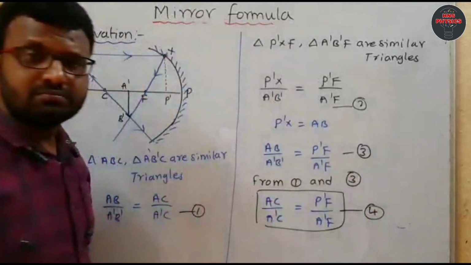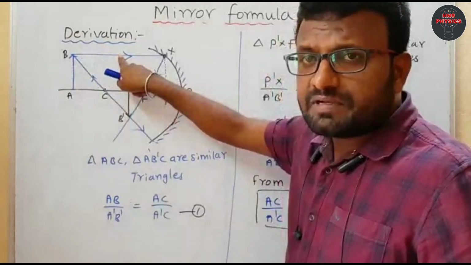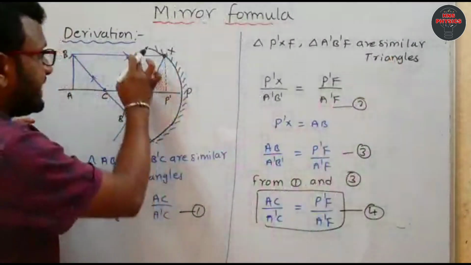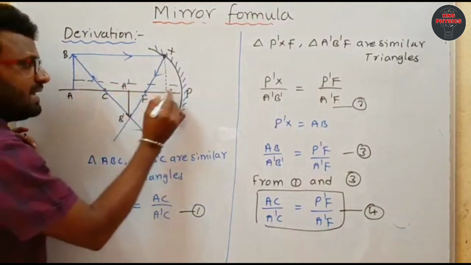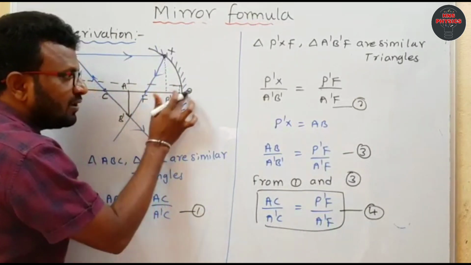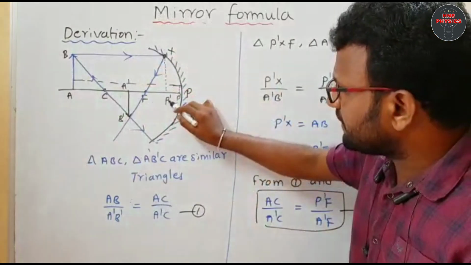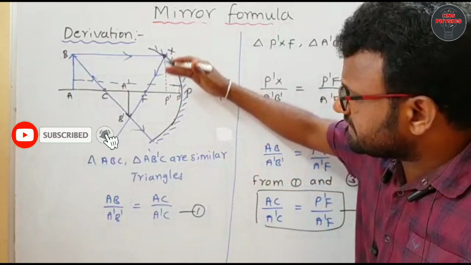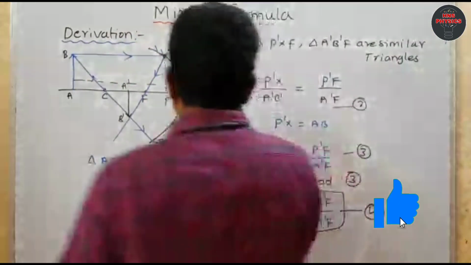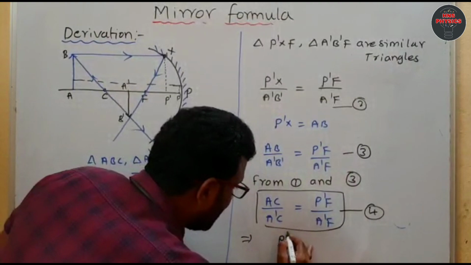Right? Now again if you see from the diagram, this first ray, if the ray is passing near to the principal axis, what happens? This P', if I draw here, the ray is passing near to the principal axis means this P' approximately coincides with P. When the paraxial ray is passing near to the principal axis, that P' coincides with P. So in that case, I am going to write P' is equal to P.